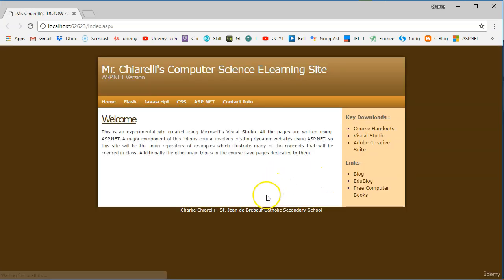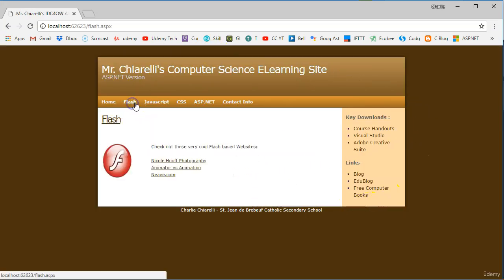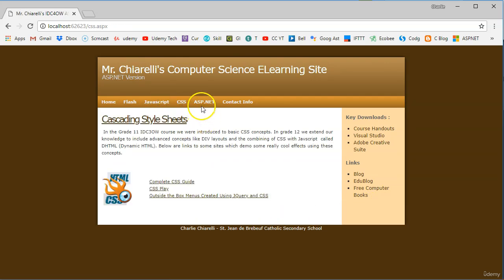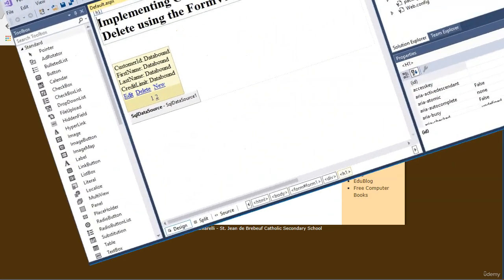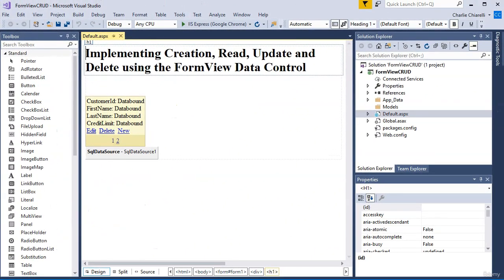And now we're getting more and more slick. So now we've got a particular look, and each of the separate pages has that consistent look, which introduces this concept of master pages. Now the last half to third of the course focuses on making a connection to